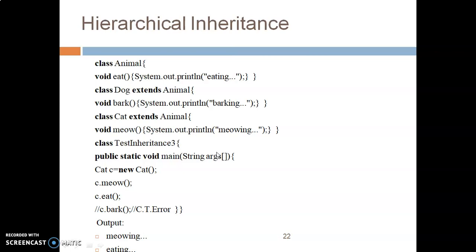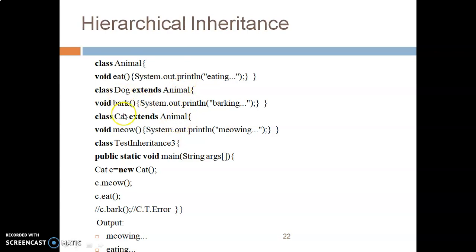In case of hierarchical, the class name is animal, and then there is a function inside it. Dog and cat are like B and C, and this is your A. These are two child classes which arise from the same superclass. The superclass is animal here. This is the first child class, and this is the second child class, generated from the superclass animal. We have used the keyword extends.